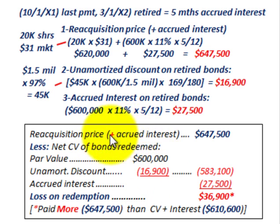So we take our reacquisition price plus our accrued interest. Remember, we calculated that to be $647,500 up here. Now we have to subtract out the net carrying value of the bonds redeemed. So the par value of the redeemed bonds is $600,000, and then the unamortized discount is a reduction to the par value of $16,900 that we calculated up here. So the net amount, our carrying value of the bonds,